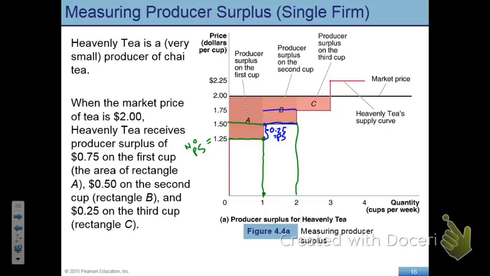When the price rises to $1.75, notice that the producer surplus from producing the first unit is this big rectangle, and the producer surplus from producing the second unit is this small rectangle. As prices go up, we continue to accumulate more and more rectangular areas that keep track of how much producer surplus each unit of output is accumulating for our producer. In summary, the producer surplus is going to be the sum of the area below the margin